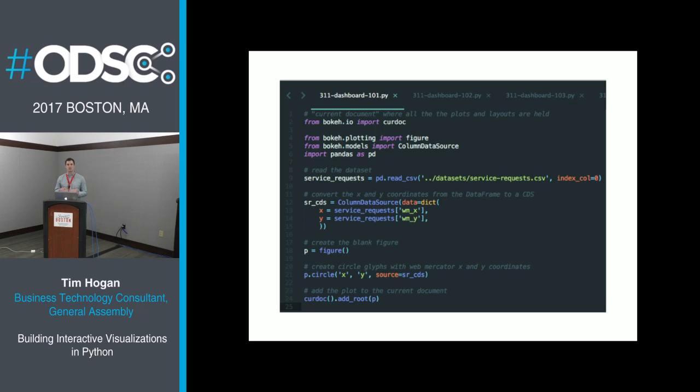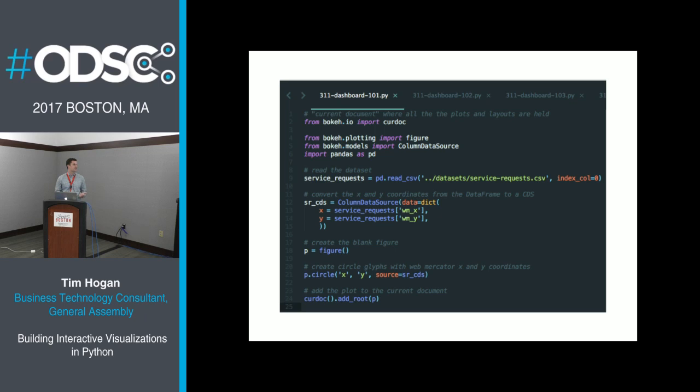And that's just, at its very base, setting up the figure and the data that you're putting in there. So you can think of this as where am I outputting this layout or this information to? And that's where you have to import curdoc. Everything else from there is a lot of stuff that you've seen before, should be familiar. So from bokeh.plotting, we're importing figure again. That's just the base figure, no data attached to it. We're importing ColumnDataSource because we're going to convert the Pandas data frame right to the ColumnDataSource from the get-go. And of course, you need to import Pandas